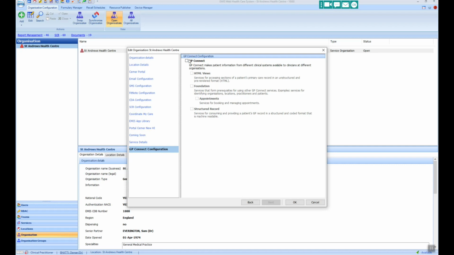So what we're doing here is that we're enabling GP Connect by ticking this box, and we are going to select HTML views. This will allow other services to access the patient's primary care record, and this is going to be with consent from 111 urgent care ambulance services. So you enable that, and then the foundation for appointments. So these are the boxes that you tick, so 1, 2, 3, 4, and this will allow services for booking and managing appointments. Once these are selected, you click OK,